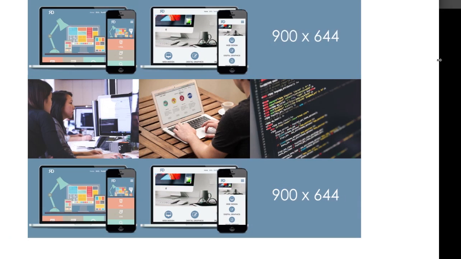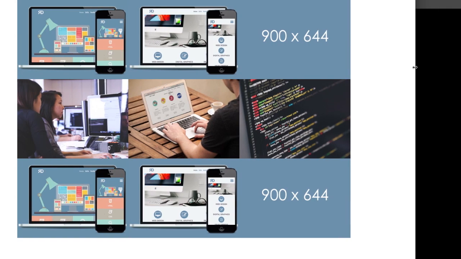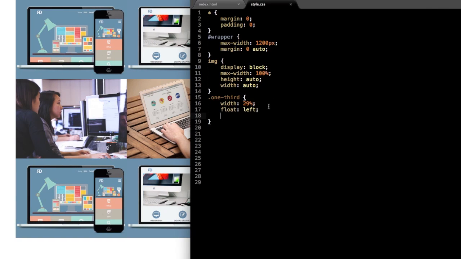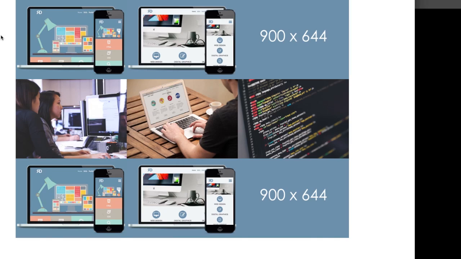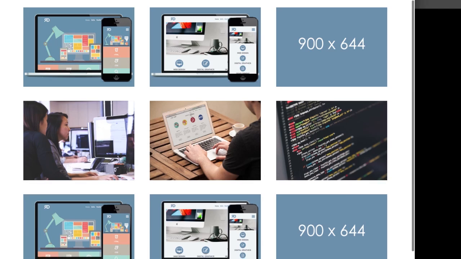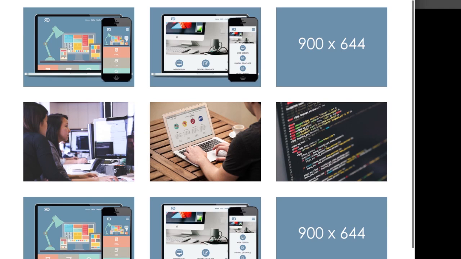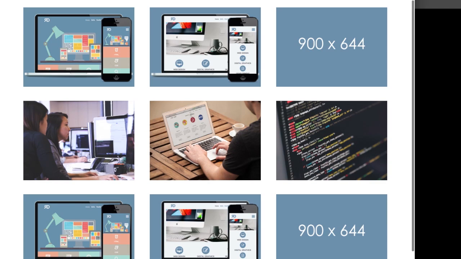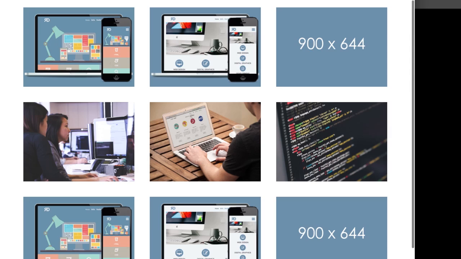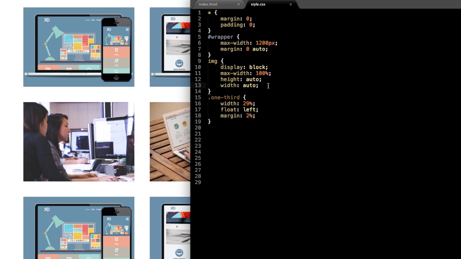Okay, so let's go ahead and add that margin, and then it's going to space out our images pretty nicely. So give it a margin of 2% all around, and then refresh, and there we have it spaced out quite nicely. Okay, so it's pretty close to the original here. I think there's a little bit of negative margin at the bottom here. I don't remember why I did this originally, but I think that will correct it so it matches the original